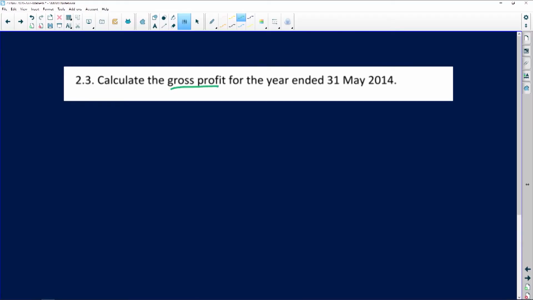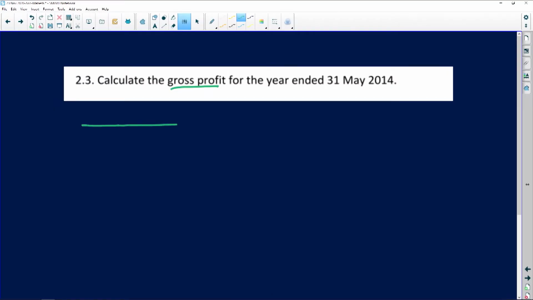Right, guys, let's carry on. So the next question: calculate the gross profit for the year ended 31st of May 2014. Now remember, guys, when you're calculating gross profit, obviously you're looking at sales and cost of sales, but when you're using the periodic inventory system, remember there is no cost of sale. So you've got to use opening stock, purchases, closing stock, carriage on purchases in order for you to calculate your